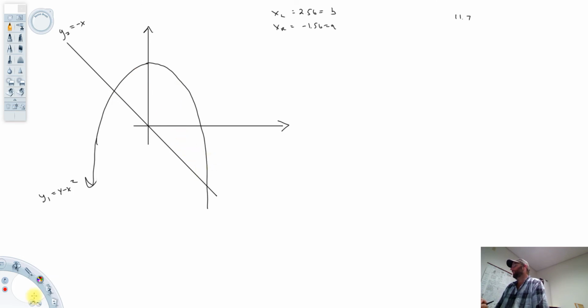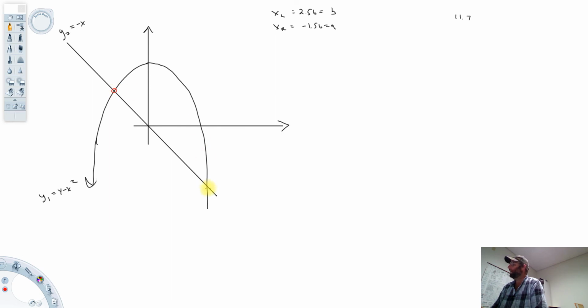Now the first thing you probably have to consider here is you're going to need the limits, right? So that has to do with where these intersect. We need the x values here. Now I've already done this work to the side. I'm going to talk a little bit about how you do it, but I'm going to let you folks fill in the detail here. But basically, we take into account the fact that the y values are the same,